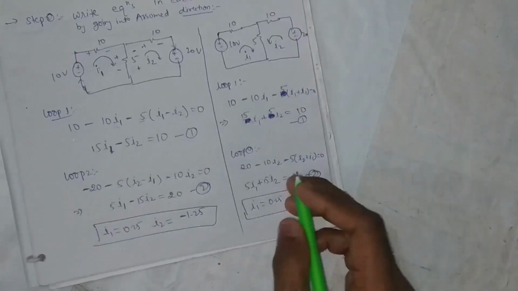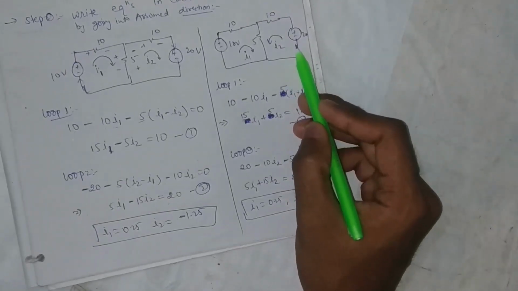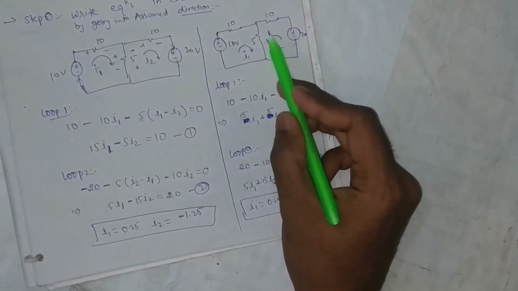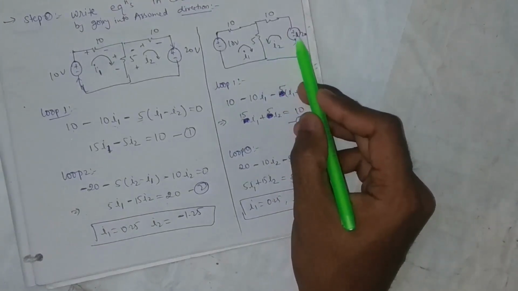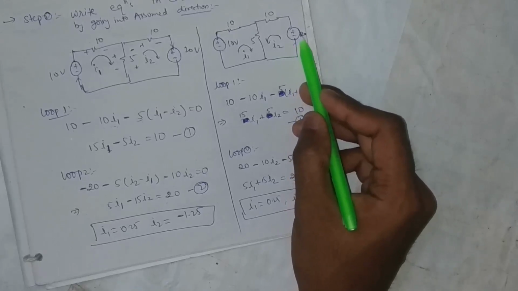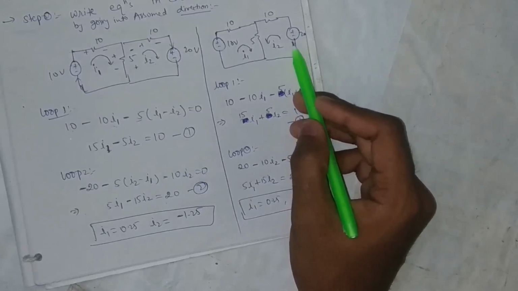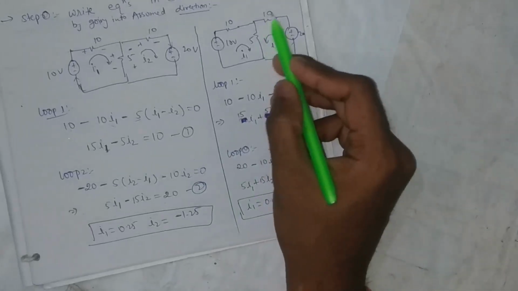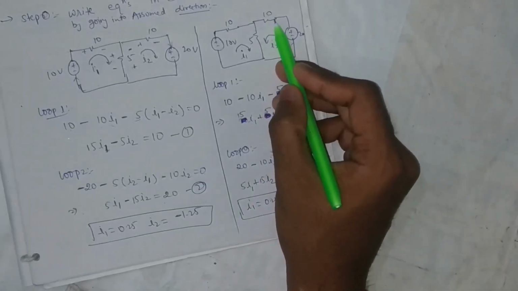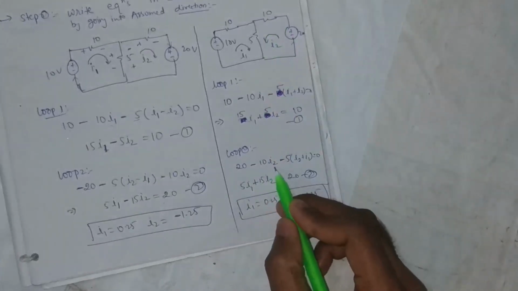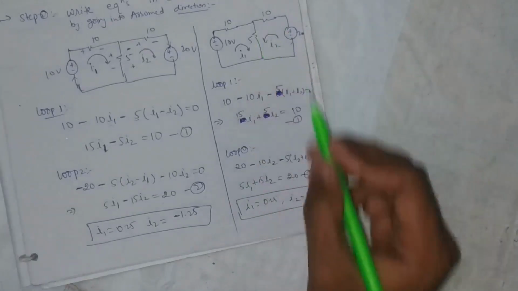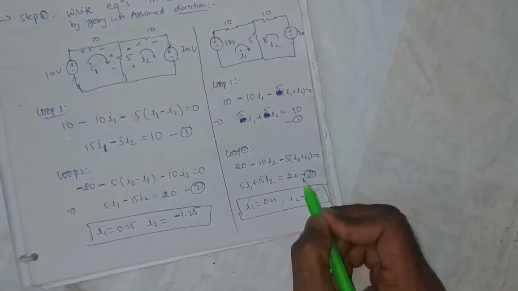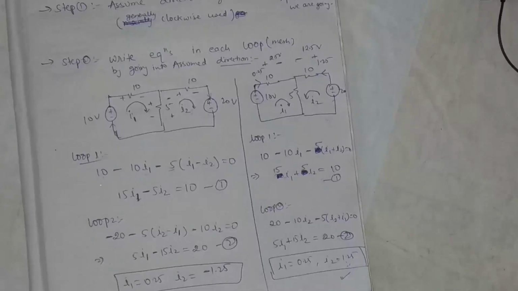In the second loop, if we write the equation in the direction of current I2, I can see that current is flowing from this direction, so here we exit from the 20 volt terminal, so here voltage is increasing, so 20 minus the drop 10 into I2, because I2 current is flowing, so minus 10 I2, and here minus 5 times I2 plus I1, which is equal to 0. So after solving these two equations, I get